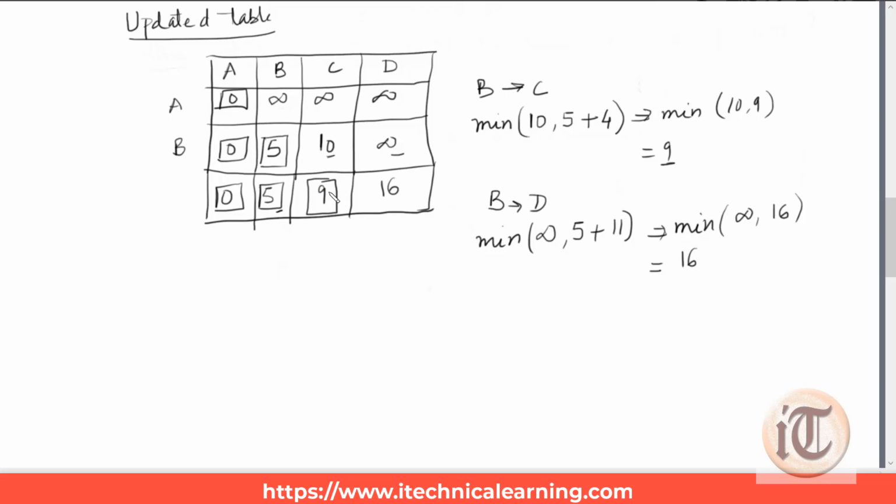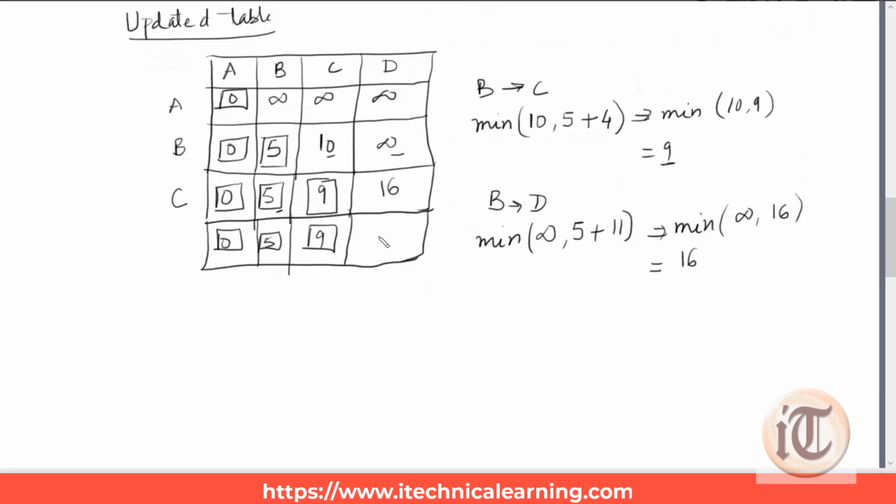So which column do we have to mark permanent? It will be C. Okay. Now we have one more vertex to find, because we have 4 vertices. So this table will contain 4 rows. So copy the permanent values. So it will be 0, 5, 9. These are already marked as permanent, so there will be no change in the values of these.